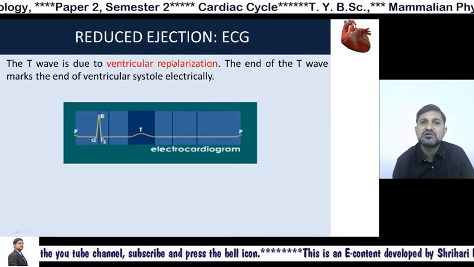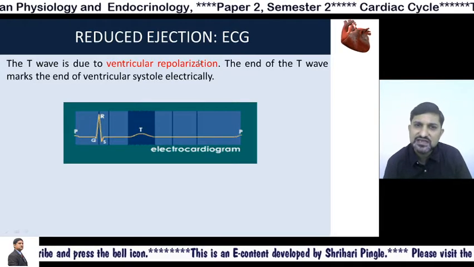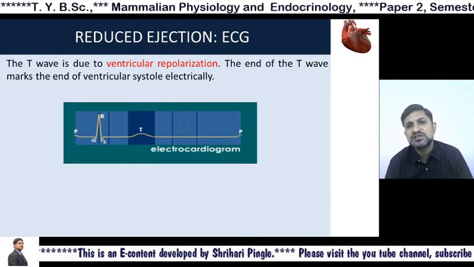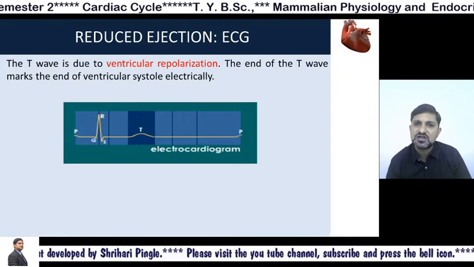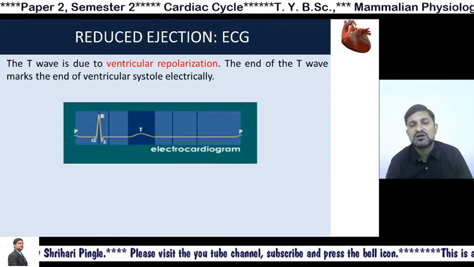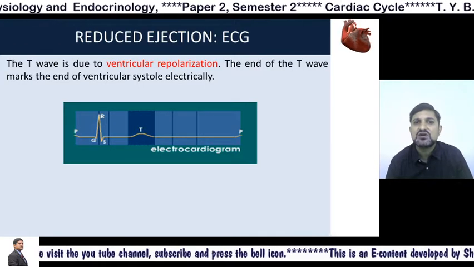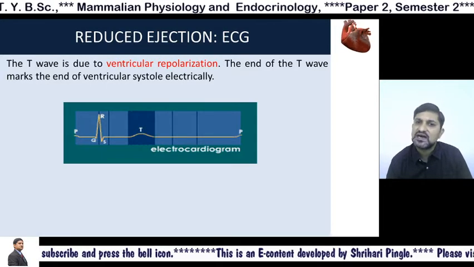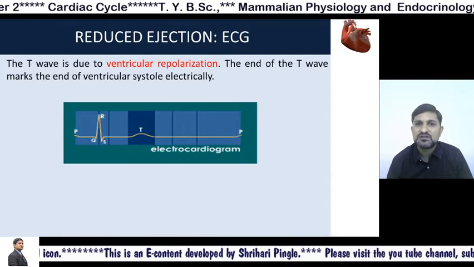of the ventricular repolarization. Now remember, we have talked about polarization, then we talked about depolarization, where the outer side of the membrane becomes negatively charged and inner side remains positively charged. When the membrane of the muscle cell comes back to the original state, we call it repolarization. So the membrane is positive on the outer side again, and on the inner side it becomes negative. This is called repolarization.